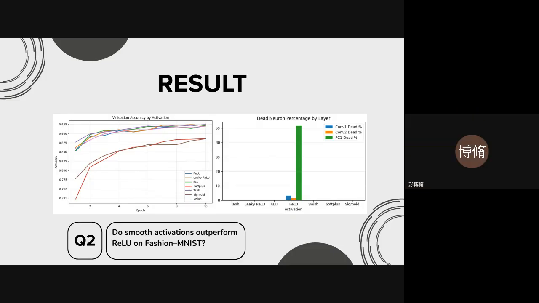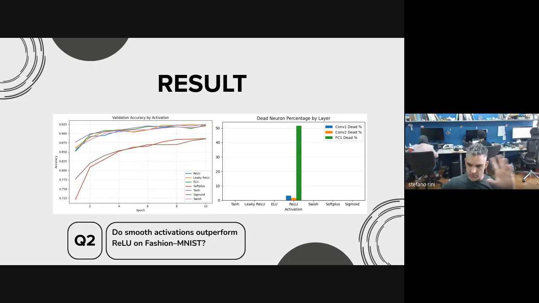In particular, softplus trains more slowly and converges to a lower accuracy, while sigmoid is